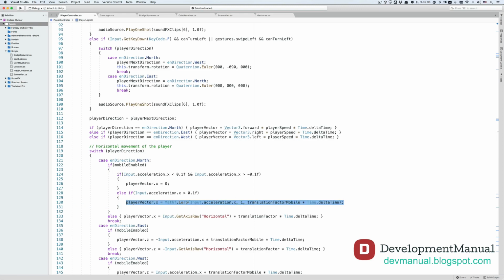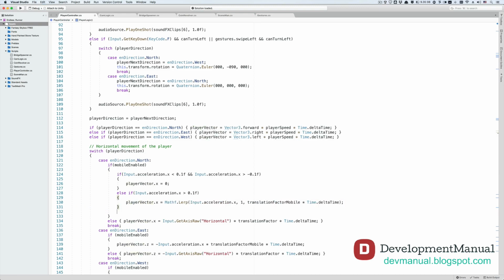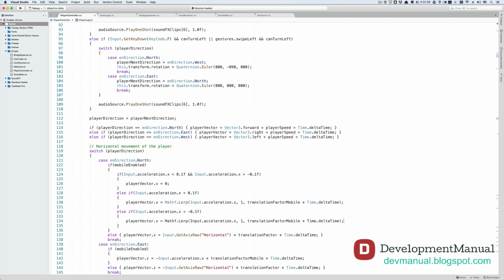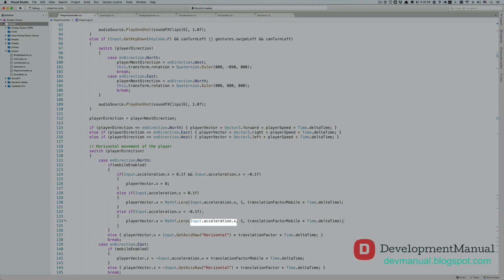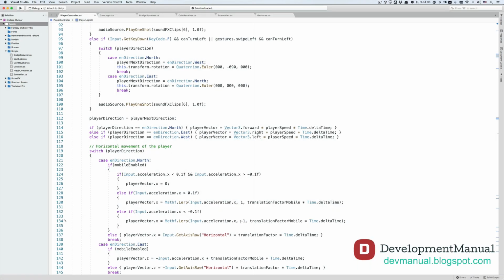Now let's copy the code for this else if statement and paste it right here to extend this if statement so that it checks for the case when the user has tilted his phone left past the minus 0.1 tilt value or degree. If that happens, then we want to linearly interpolate between the current tilt degree and -1 in the same transition steps as before. And we put -1 here because left tilts are defined as being negative in Unity. These adjustments or optimizations should make the behavior of the horizontal movement of our player using the user's phone accelerometer